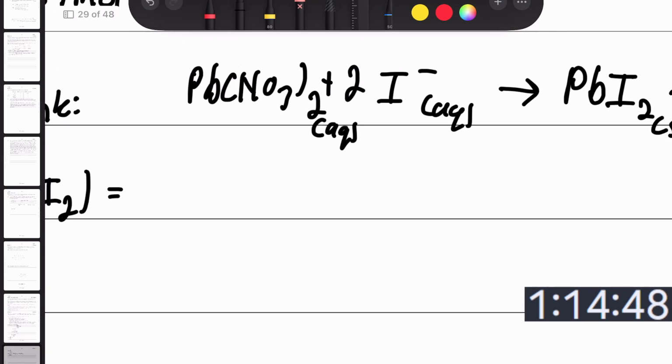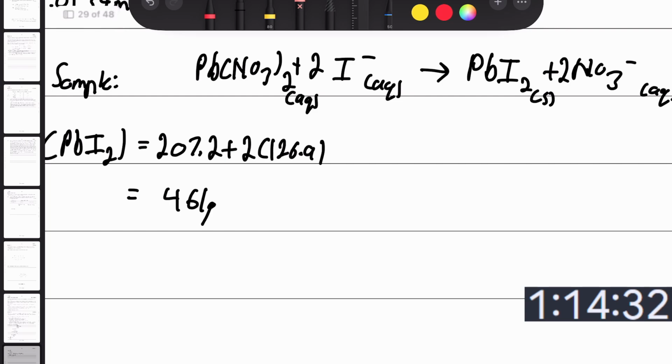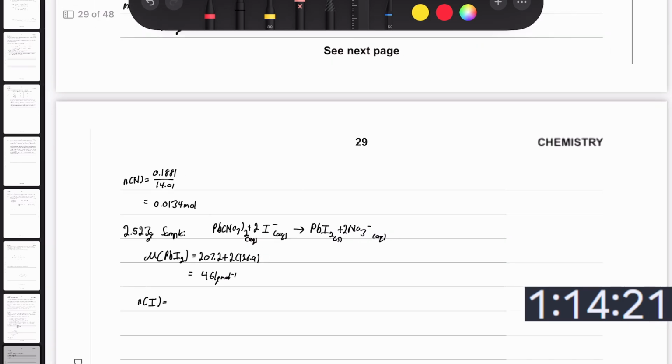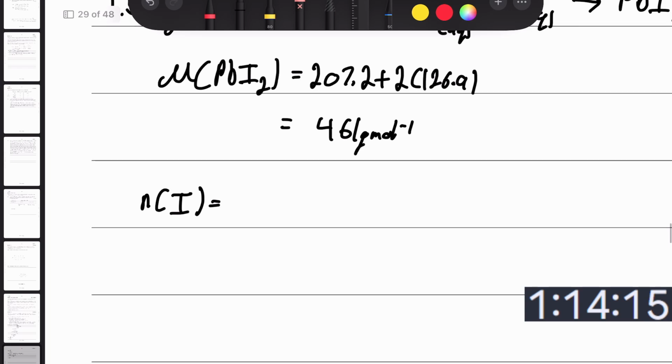Lead is number 82 on the periodic table, so 207.2 plus 2 times 126.9 is going to be equal to 461 grams per mole. So then the number of I, let's just do this all in one step, is going to be equal to 2 times the number of PbI2, so 2 times